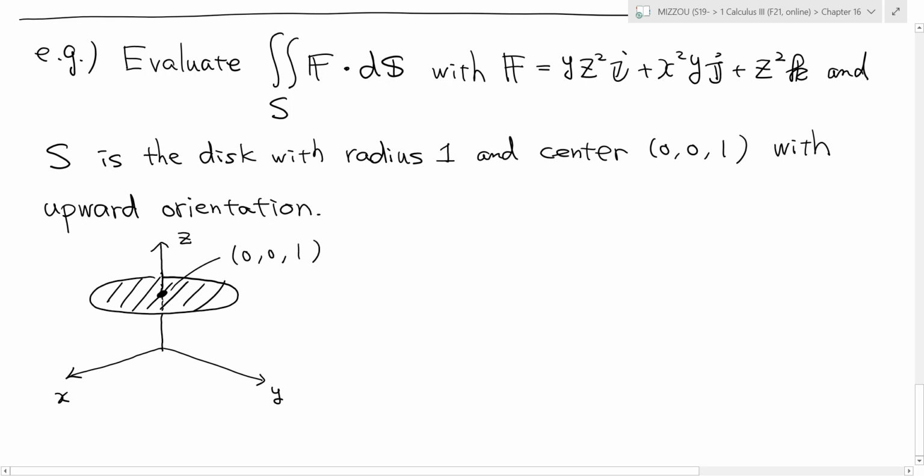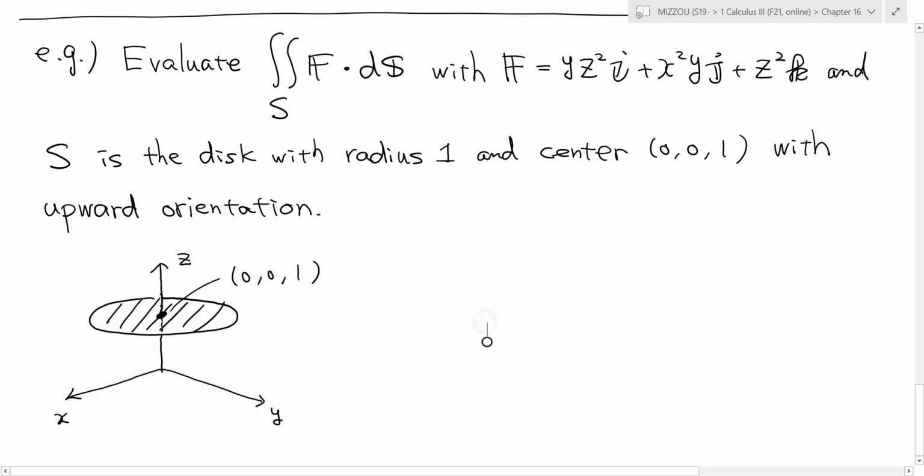And the orientation of this disk is going upward. So upward orientation like this. Remember, strictly speaking, orientation is a consistent choice of normal vectors. But anyhow, let's just do this. So the procedure is always the same. Remember step 1,